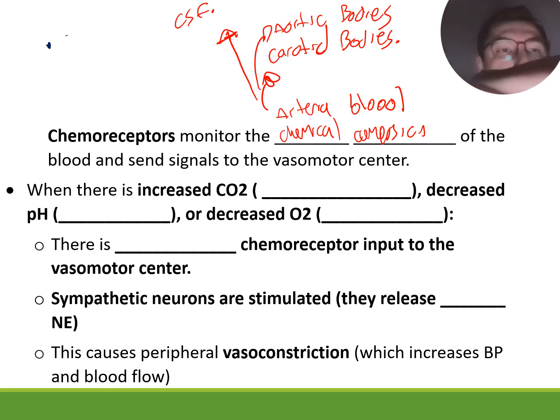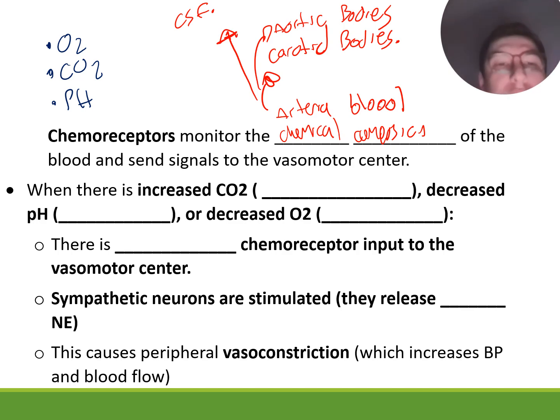So when we're checking this composition, we're checking for multiple levels. We're checking for oxygen, we're checking for CO2, we're checking for pH. Those are the three main ones. When there is an increase in CO2, we call that hypercapnia. It's a retention of CO2. There is a decrease in pH, which we call acidosis. Remember that when pH is below the range of 7.35, we deem it acidosis. And there is a decrease in oxygen, which we term hypoxia, when you are below 90% O2